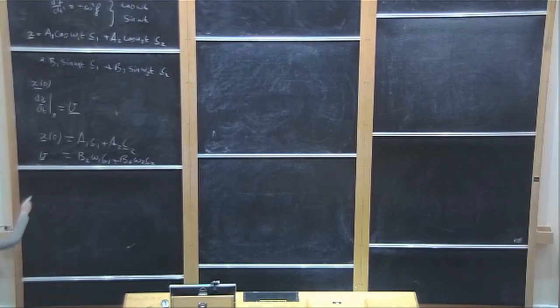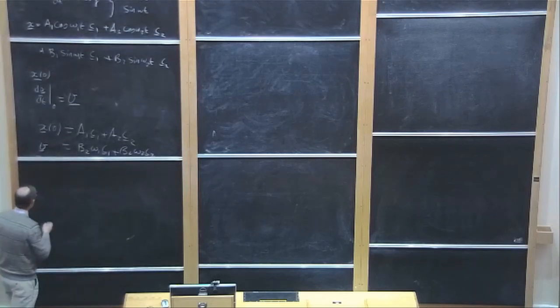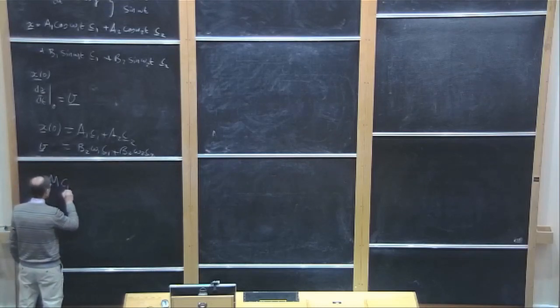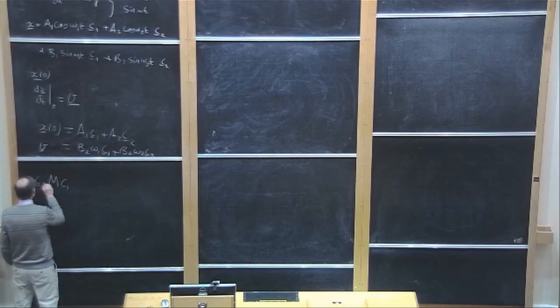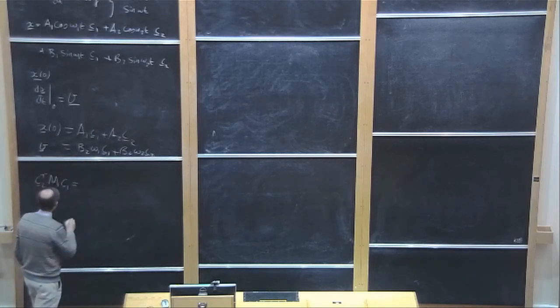I mean, if the eigenvectors have some special structure, then of course that might simplify things. But in complete generality, what you do is you use the orthogonality property of the eigenvectors, which looks like this. c1 M c2 transpose is